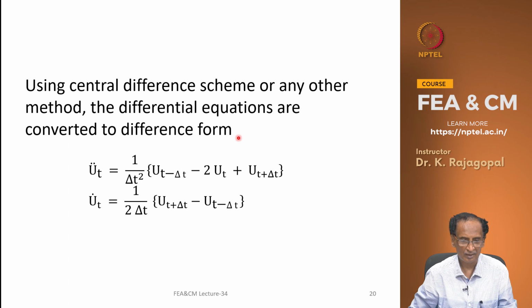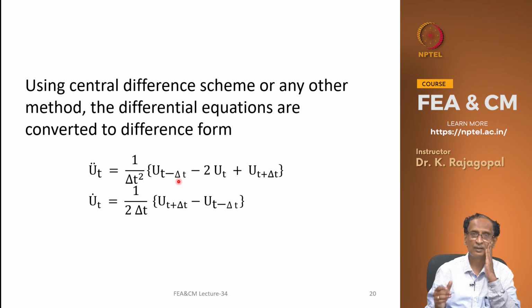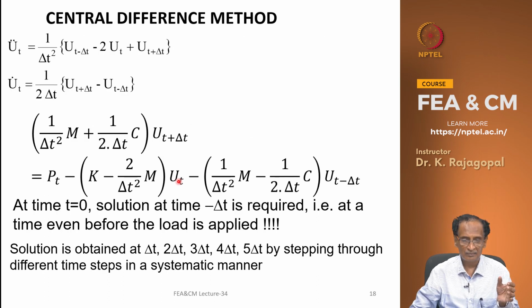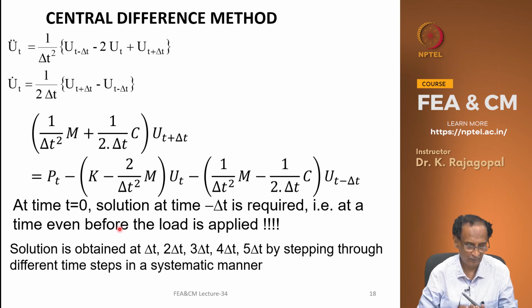So this is what we can do for converting our differential equation in terms of the displacements at different time steps, t plus delta t, t minus delta t, and so on. And this is the explicit method, where we have all the known quantities on the right hand side. So if you look at this,